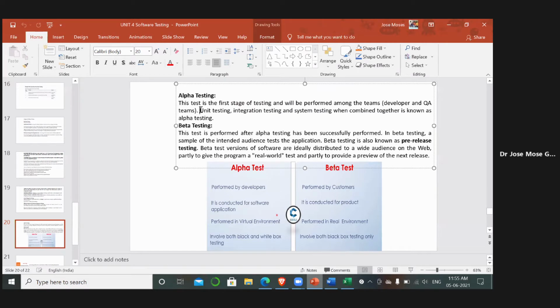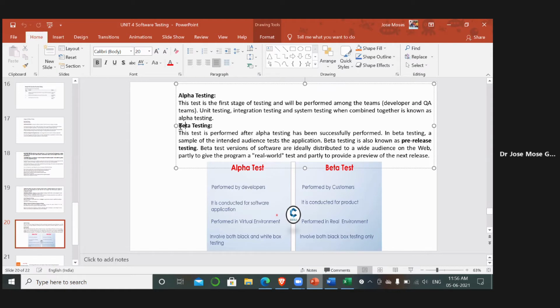There are different teams working on different modules, so all the teams don't know the logic behind the working of different modules. Only one team will be associated with a particular block of functionality. So alpha testing is white box testing, yes, and it also involves black box testing, because some people don't know these logics. It involves both black box and white box, but mainly white box. Priority is given to white box only.